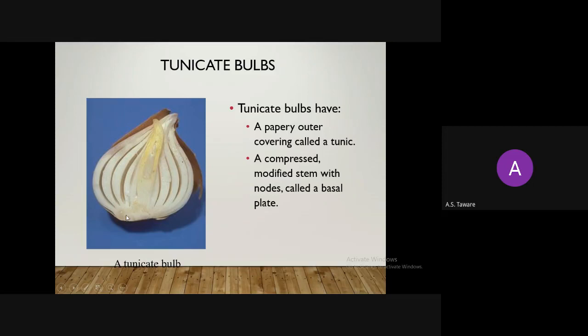The stem is reduced to a disc-like, plate-like structure. Here you can observe the attachment. And what we are eating are the leaves which are modified for storage. So onion is an example of both modification of leaf and modification of stem. But when we categorize under the stem, you have to write about the basal plate and then the roots below, and the fleshy scales made up of modified leaf tissues. So this we are eating.